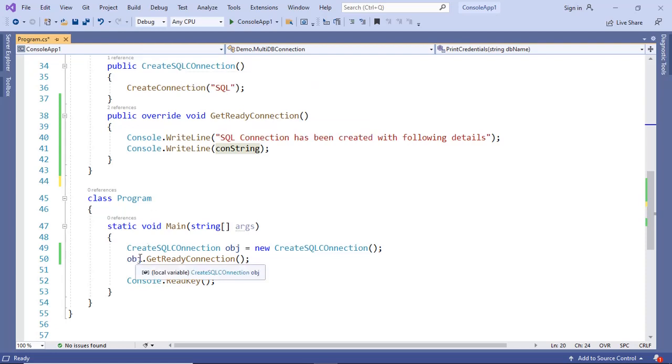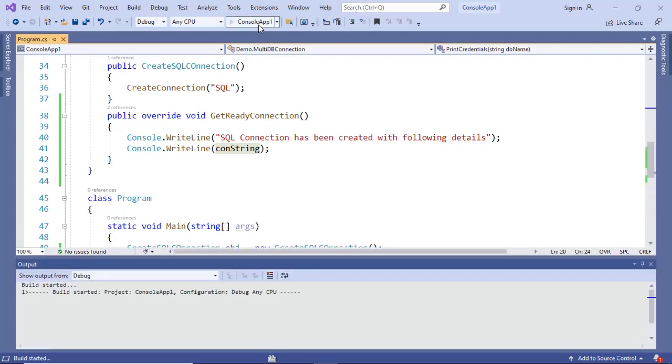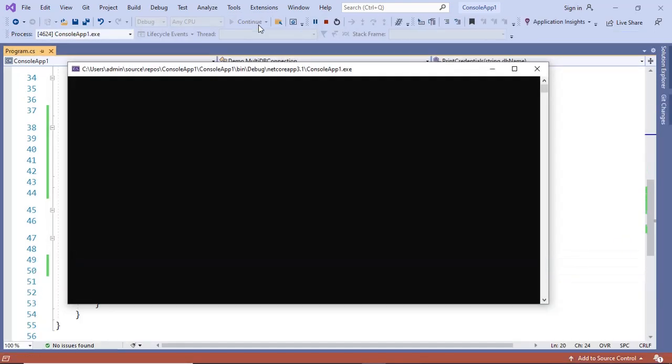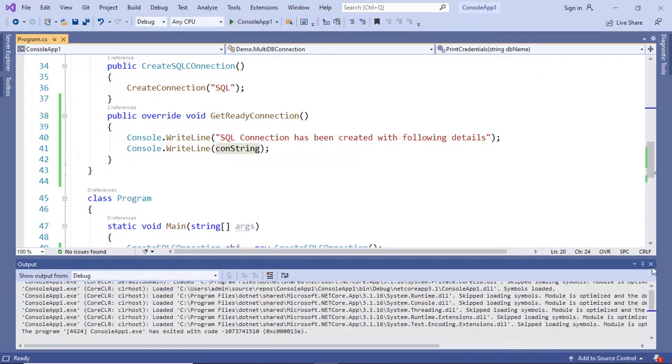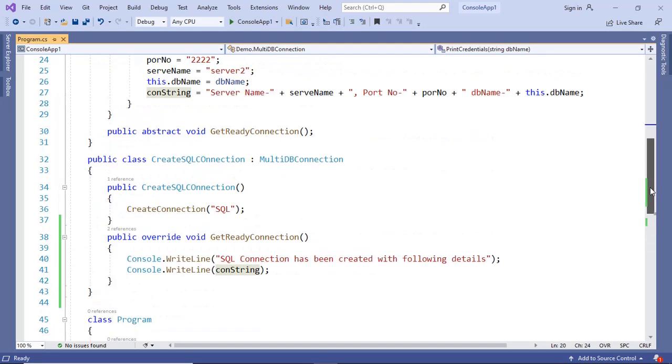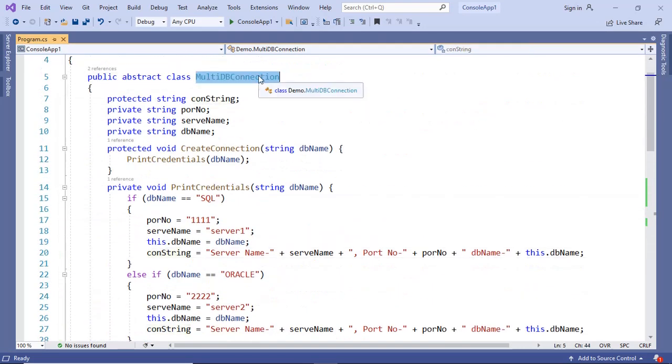So object dot get ready connection. So if I execute this now, I get the message SQL connection has been created with the following details, and these are the details of the connection string.